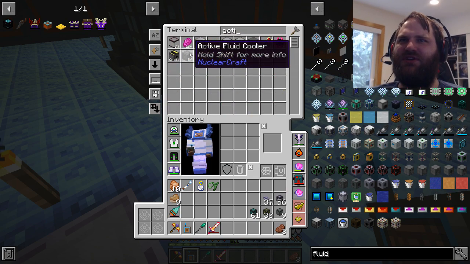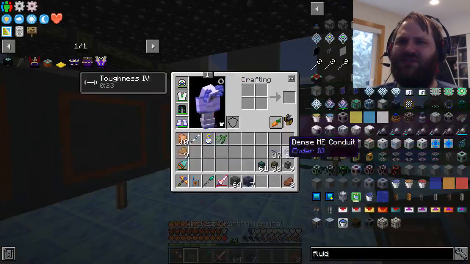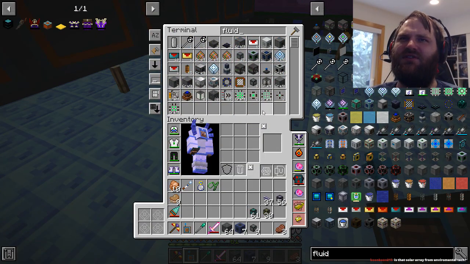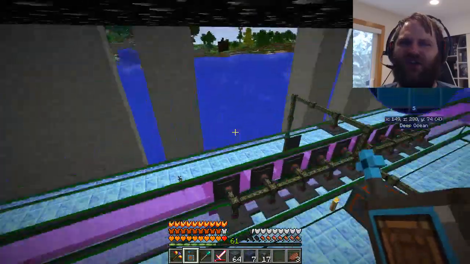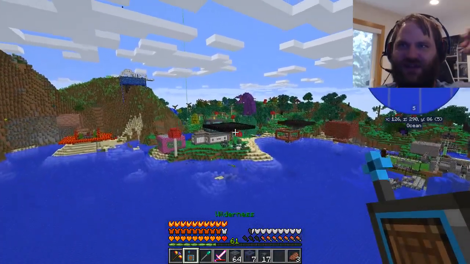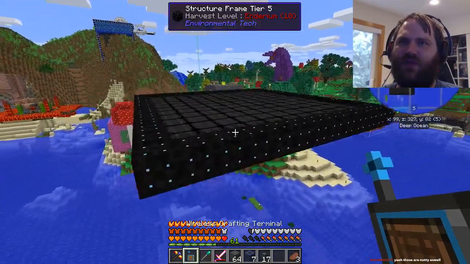I need active fluid coolers. Luckily, we have tons of them. And then, do we have water? Yes, we do have dense infinite water sources. Speaking of fluid conduits, do we have more ender fluid conduits? Very few. Is the solar array from Environmental Tech? Yes. Okay. We have tier fives here. Yep. Tier 5s. We have a tier 5 and a tier 4. The tier 6 one...